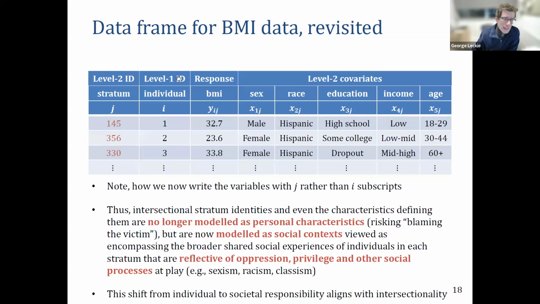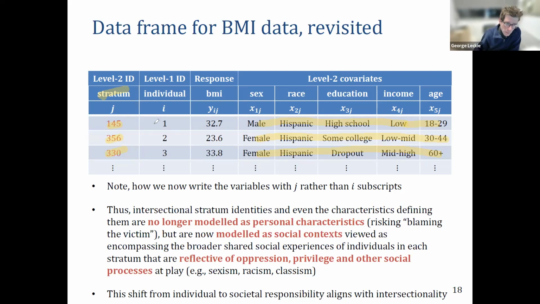So 2 things to discuss here. First, if I get my pens out, we've got a new variable, which I've called stratum, which is a unique identifier for the 382 strata. Now, my first few individuals differed, okay, in terms of their characteristics. These variables were varying across the individuals, and so they relate to 3 different strata, okay. But we'll find multiple instances of male, Hispanic, high school, low, 18 to 29 in there if we resort the data by stratum, which you might want to do.